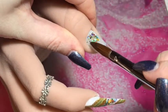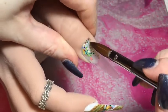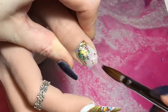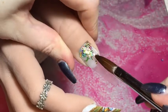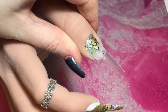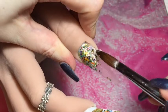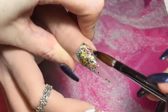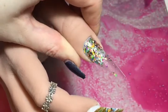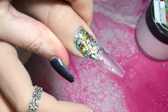But as I promised, I'm doing the thumb. So I decided for this design I was going to do the thumb similar to the middle but with glitter, and then I decided, do you know what, I'm just going to do a full glitter nail again because it is such gorgeous glitter. And quite often in designs where I don't show the thumb, or I don't do a thumb at all, if I was going to, I would do it as a full glitter nail or a glitter fade,